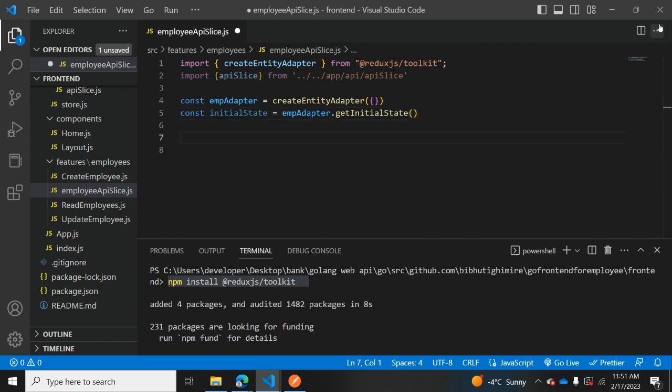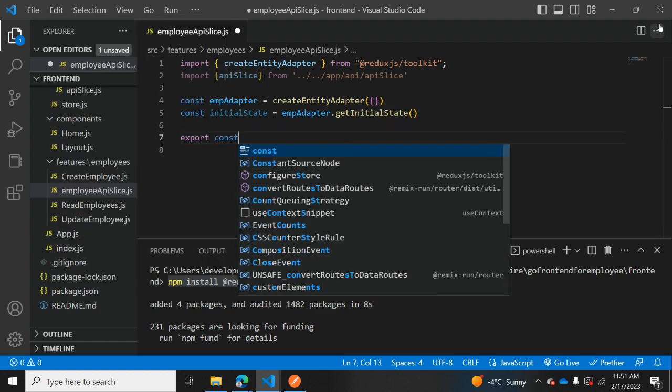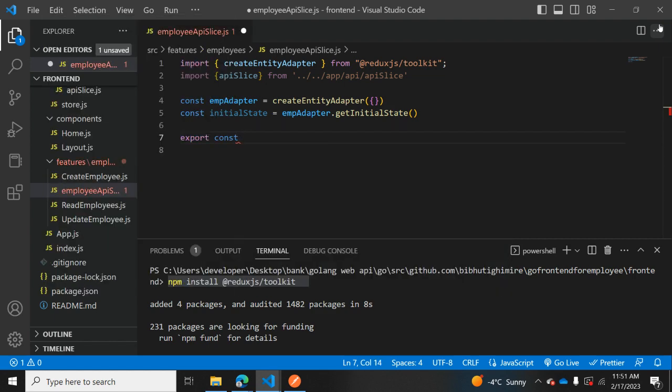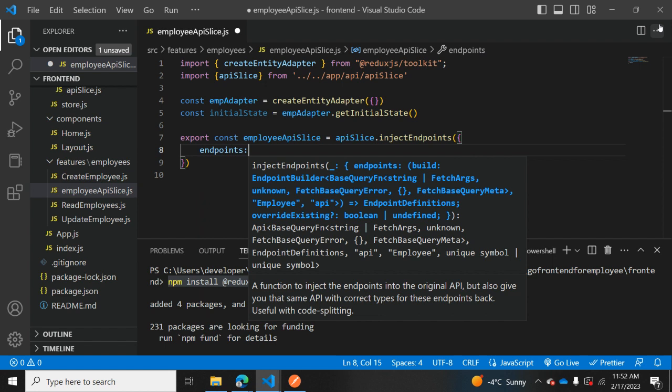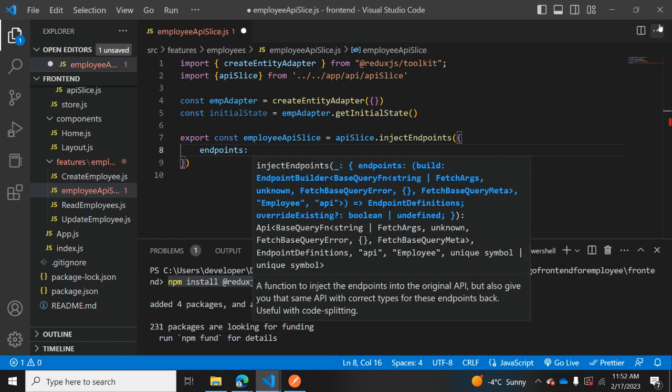Okay, now export const, and we are going to use the name of our application, employeeApiSlice, equals. Here we are going to inject endpoints to our API slice. So apiSlice.injectEndpoints, and in here we're going to type endpoints, and inside endpoints we're going to add